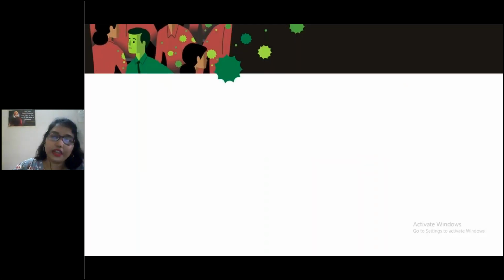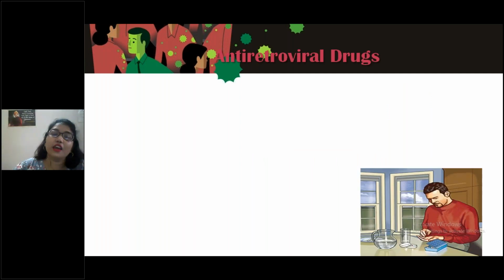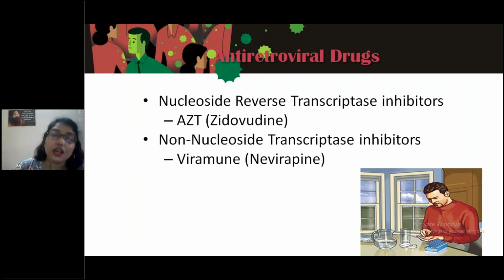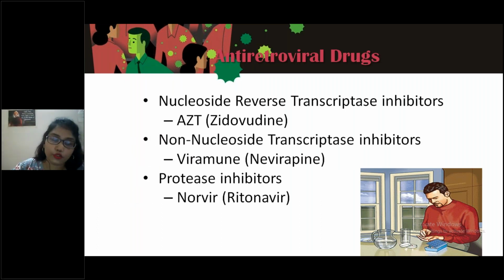So, what are the treatment options? In very short, there are different types of antiretroviral drugs. As we saw in the video, different targets are there. So, nucleoside reverse transcriptase inhibitors and non-nucleoside reverse transcriptase inhibitors are there. So, zidovudine and protease inhibitors are also there. Basically, what we are inhibiting is the reverse transcriptase and then the protease, the enzymes, as you saw in the